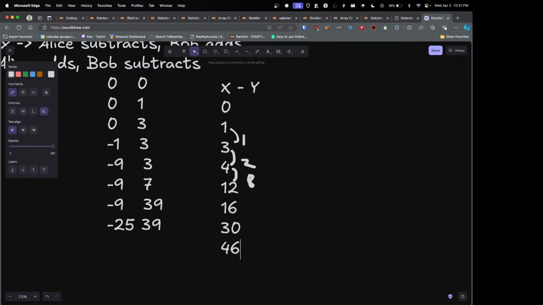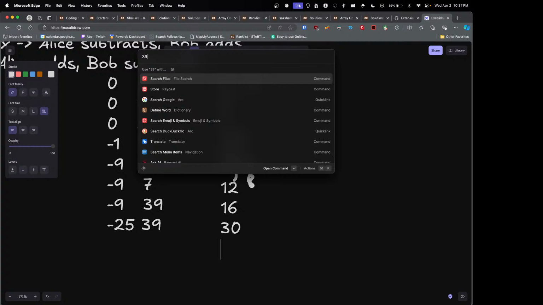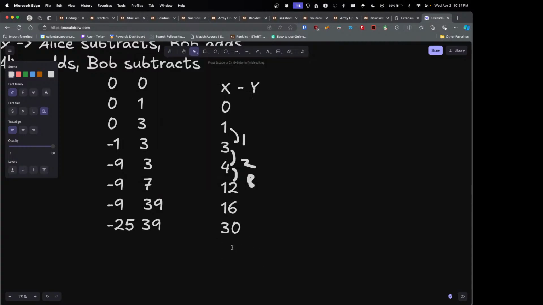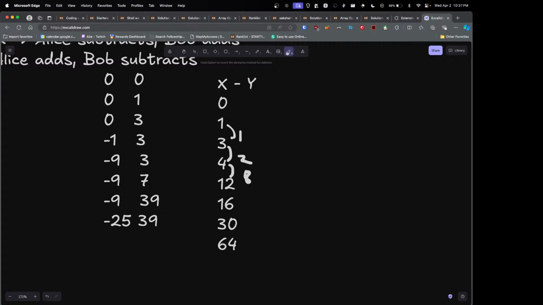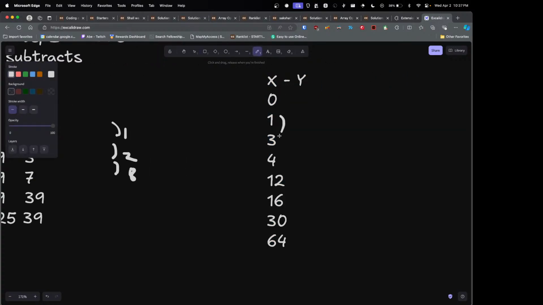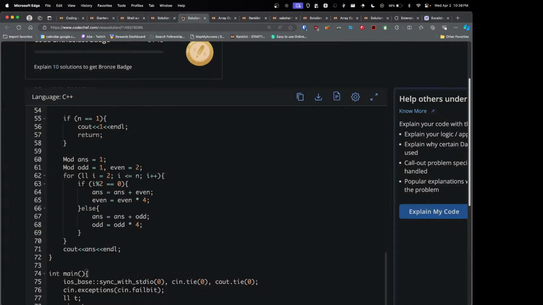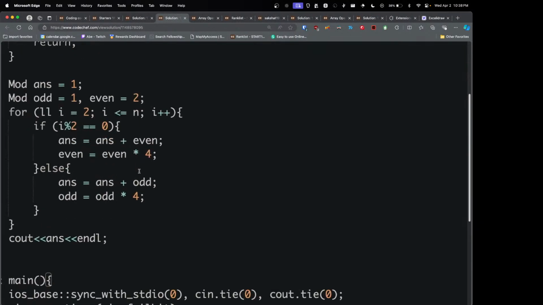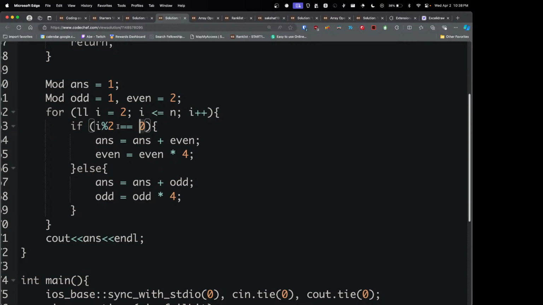This is 30. 39 plus 24 is 64, हाँ. Now going from here to here you're doing +2, from here to here doing +1, here you're doing +8, here you're doing +4, here you're doing +14. Wait, कुछ तो अभी सोच नहीं पा रहा, but in general what I am doing is whenever it's even,